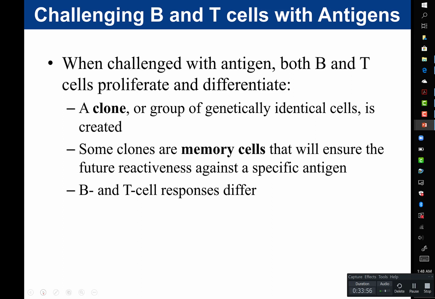Some clones are going to be memory cells, and these memory cells will ensure future reactiveness against a specific antigen. So that again, if the antigen is encountered, the immune system can mount a very quick response, and the patient is not going to show symptoms of the disease because the immune system is going to fight it off before